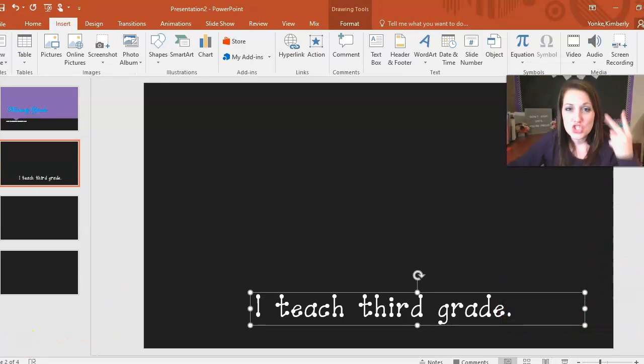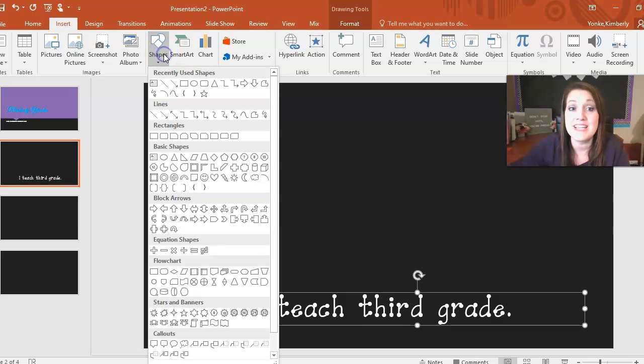We're going to practice 2 more things for today. Although there are a lot more tools on PowerPoint, we're going to start small. This is just PowerPoint 101. We're going to practice how to add in a shape, and then I'll show you how to add in a picture. So for shapes, we're going to go to the top insert bar and find shapes, click on it,